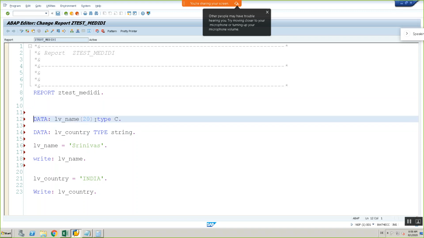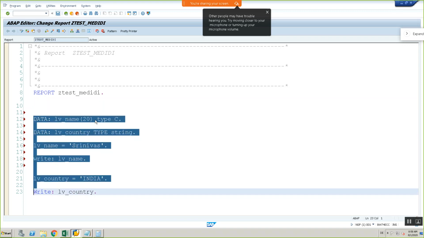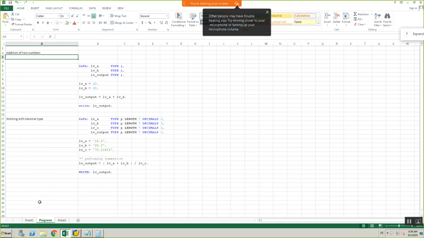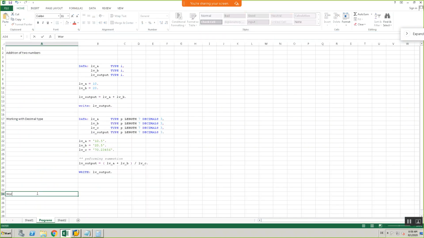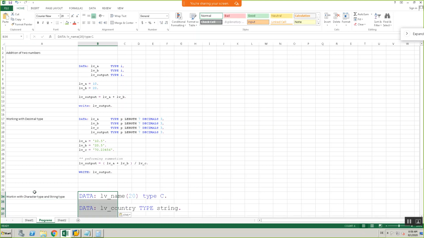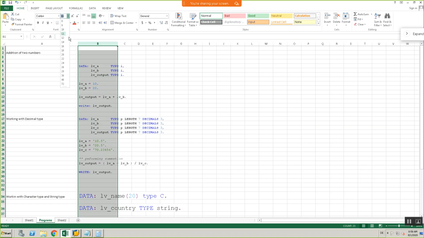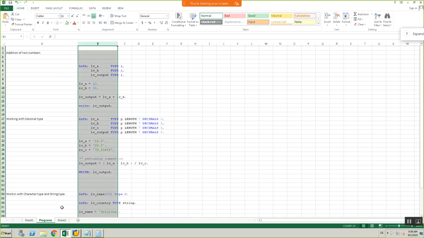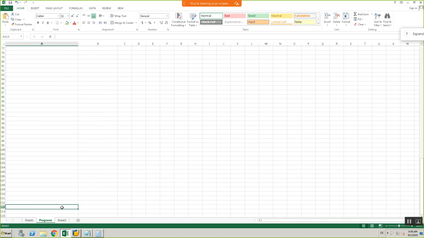Let's take this example like this. Working with character type and string type. Save this one.